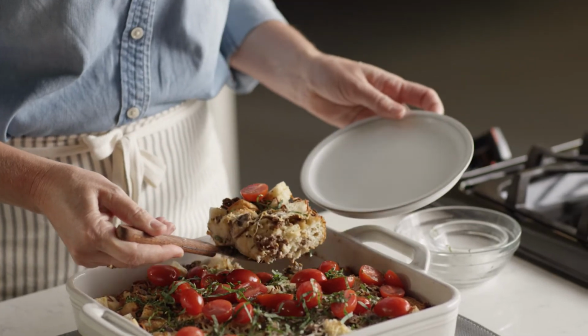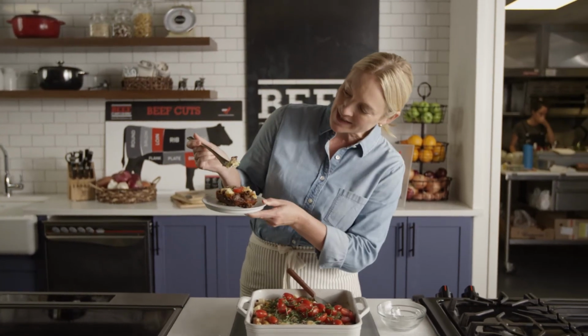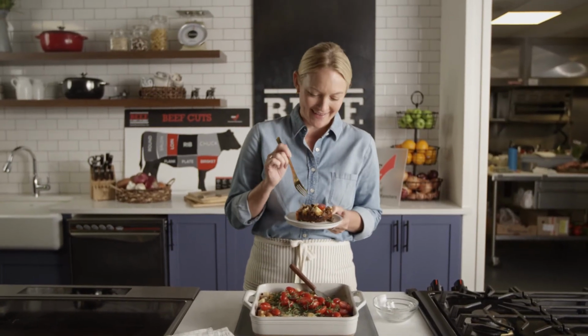Okay, we're gonna give this a taste. It looks delicious. Yum, creamy from the cheese. We have a little bit of basil. It's so good. I hope you guys will try this. I'm having another bite. If you're looking for more beef tips and tricks for cooking beef at home, head to